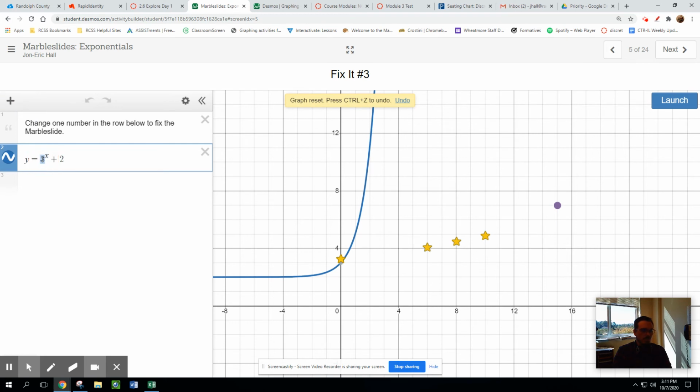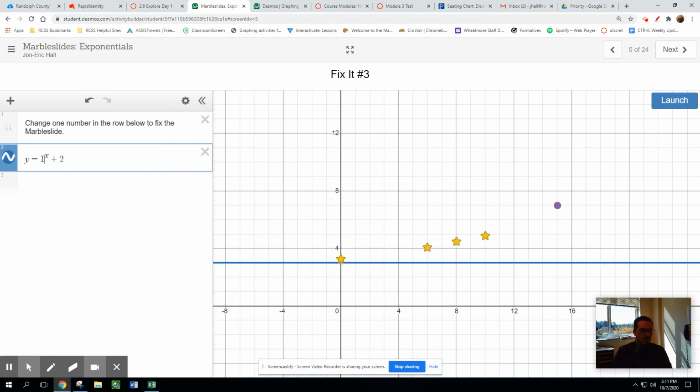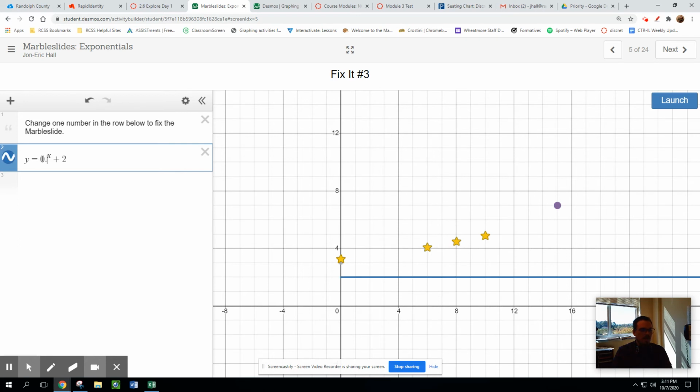If you change that 3 to a number larger than what it was, you can see it gets steeper. So what if I changed it to a number that's less than what it was? A 1 or a 2 or maybe even, crazy thought, a decimal. Not what I wanted here. What about a negative decimal? Not what I want here, right? So we're just going to continue to play around with this,